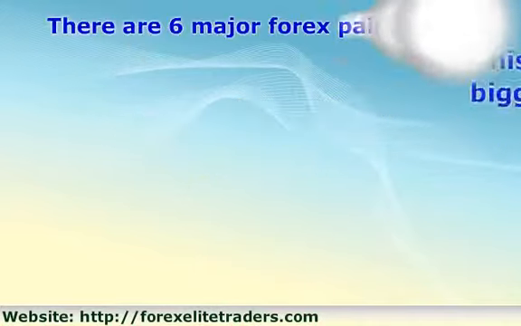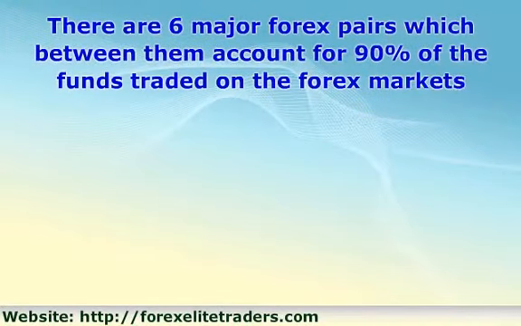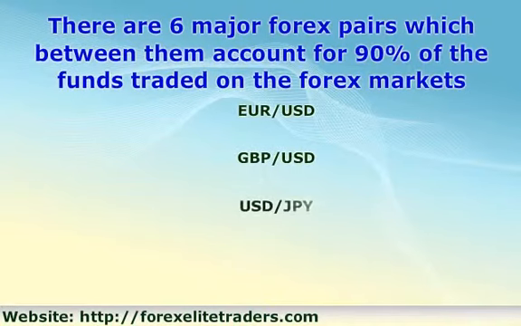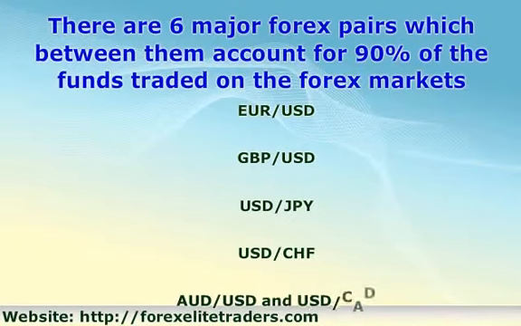There are 6 major Forex pairs which between them account for 90% of the funds traded on the Forex markets. These are EUR/USD, the euro and US dollar, GBP/USD, the British pound and US dollar, nicknamed cable because it used to be synchronized on both sides of the Atlantic by a cable running under the ocean,